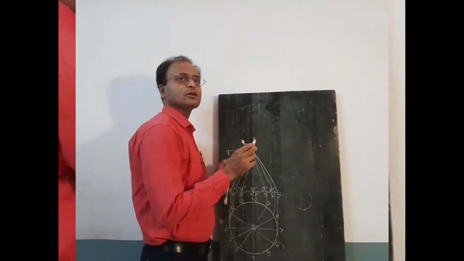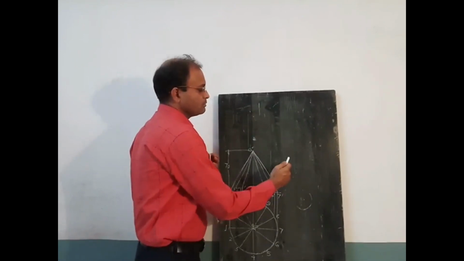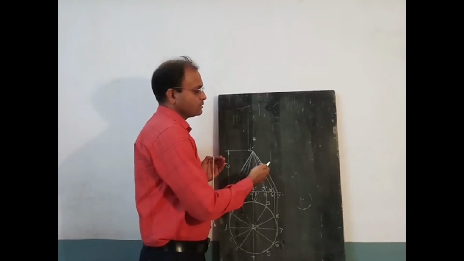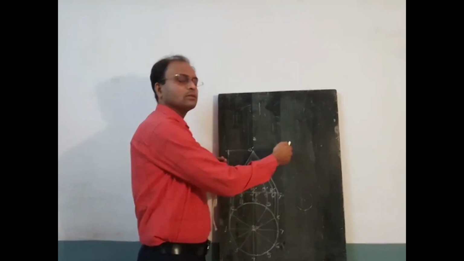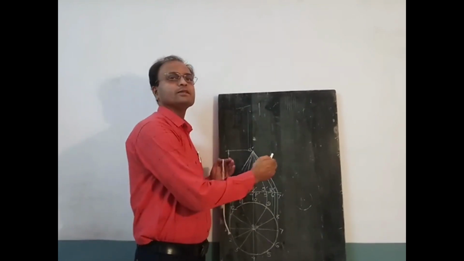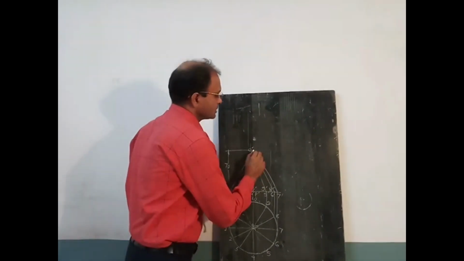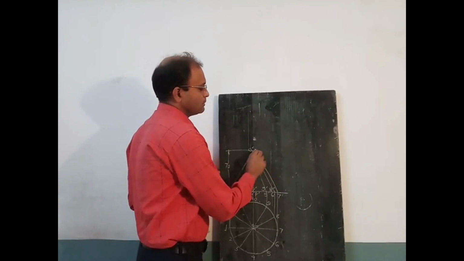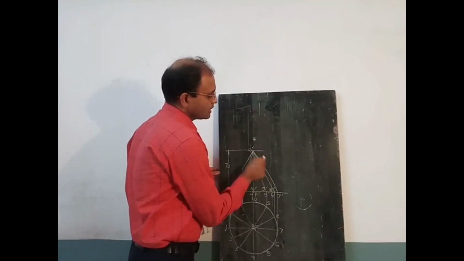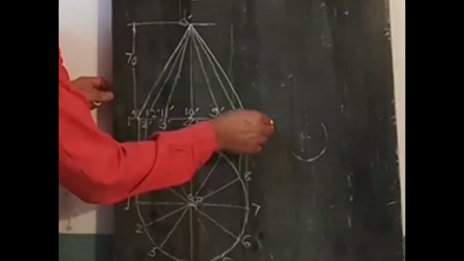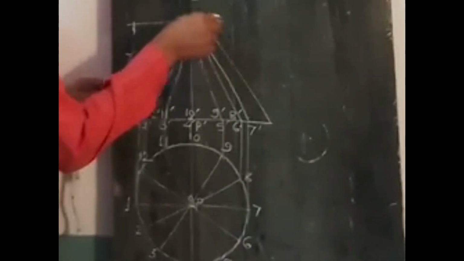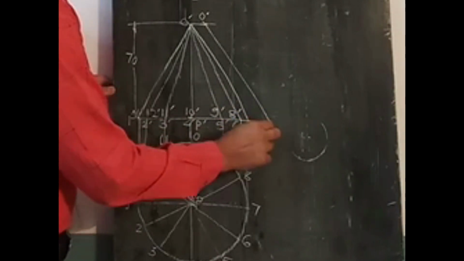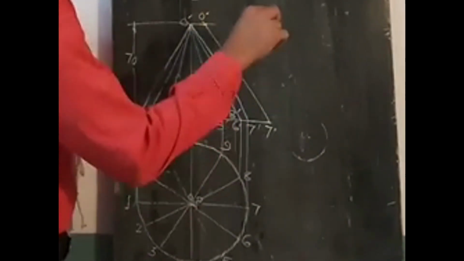For drawing that sector, let us separate the development part from the projections, because later when we obtain points on the generators and then on the development, there will be mixing of the points. To avoid that, we simply draw two lines parallel to the base and through the apex, and at a certain distance again take the same slant height. So this is the same slant height with apex O dash and this point as 7 dash.